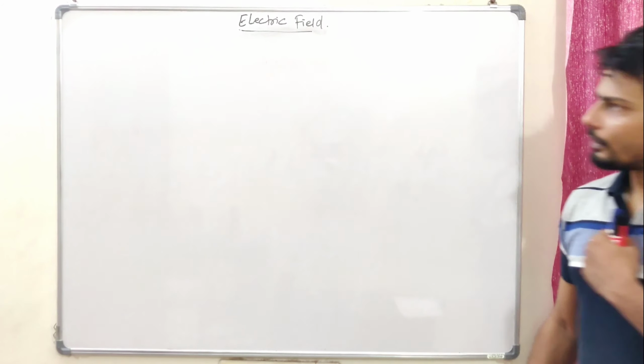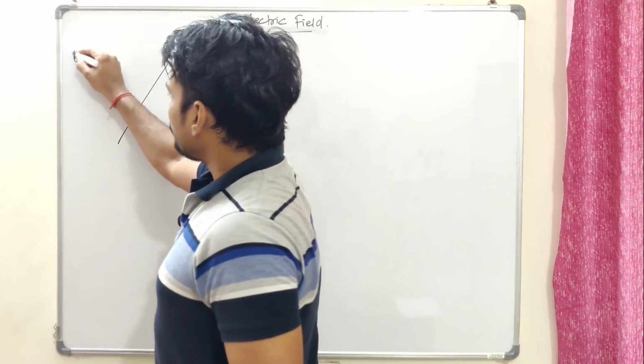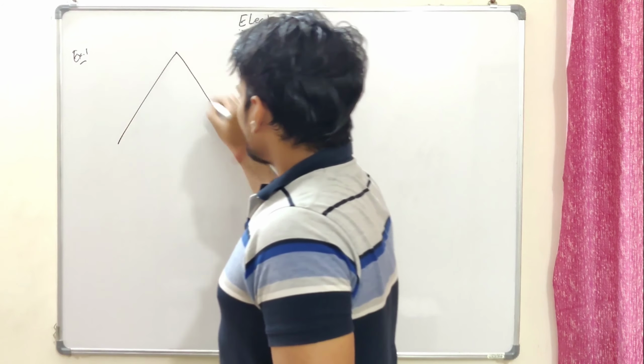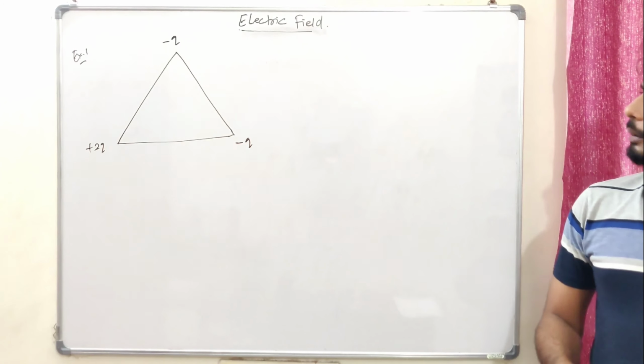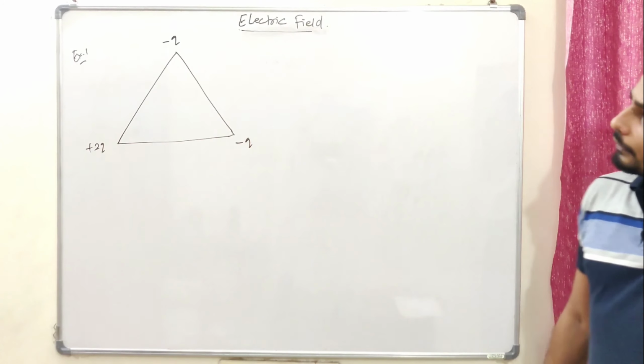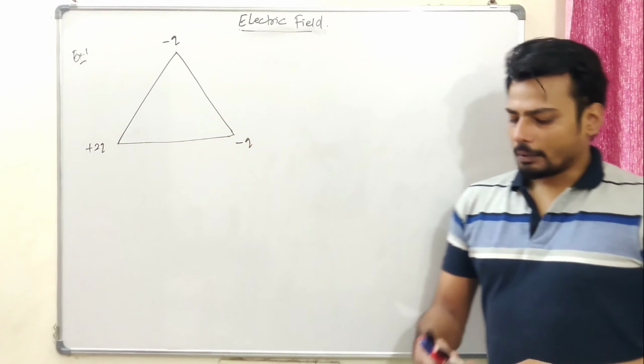Okay, let's say if I talk about the dipole, let's say example 1, the charges are arranged on equilateral triangle in such a way that here we have, let's say, plus 2q charge, here we have minus q, here we have minus q. Now if someone asks you, find the dipole moment of this combination. First of all, if I look at this, I do not actually see any dipole right away, but the moment I look at this charge 2q and these two negatives q and q, I can see that I'll be forming one dipole with this.